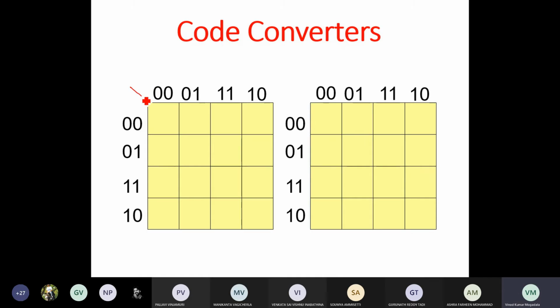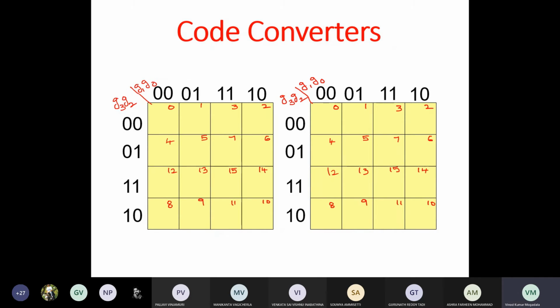We draw the K-map in terms of the gray code bits G3, G2, G1, G0, and write the corresponding minterms 0, 1, 3, 2, 4, 5, 7, 6, 8, 9, 11, 10, 12, 13, 15, 14, and again here also 0, 1, 3, 2, 4, 5, 7, 6, 8, 9, 11, 10, 12, 13, 15, 14.